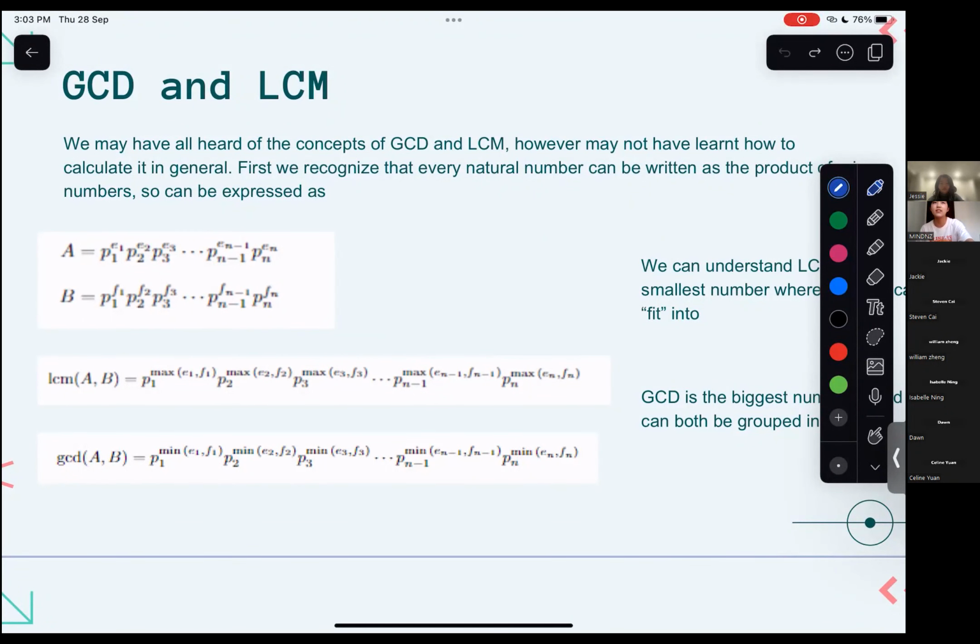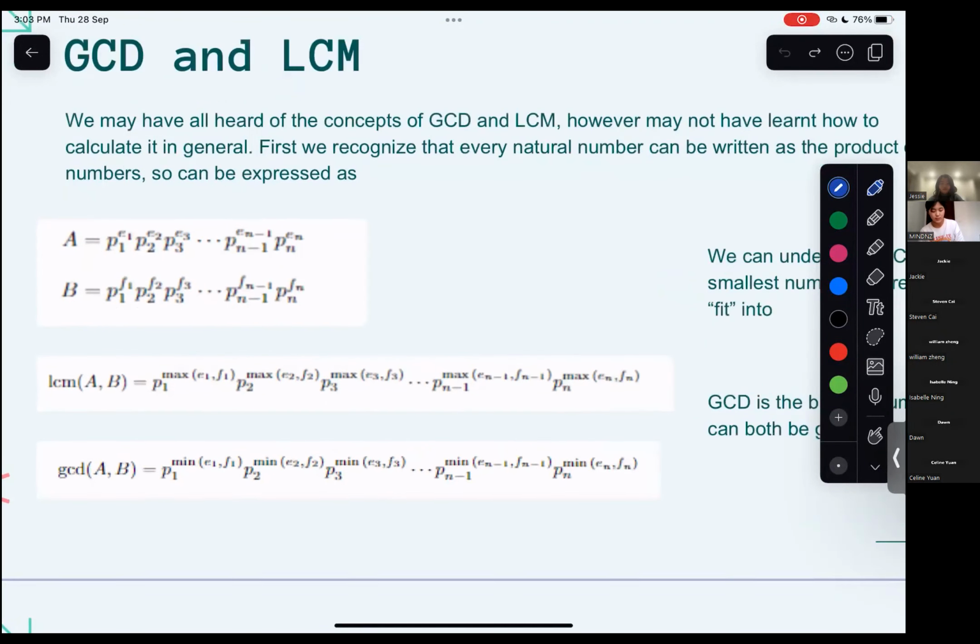Has everyone heard of it, or is everyone familiar with it? Kind of, yeah. So it doesn't say too much. It's basically just saying you can express